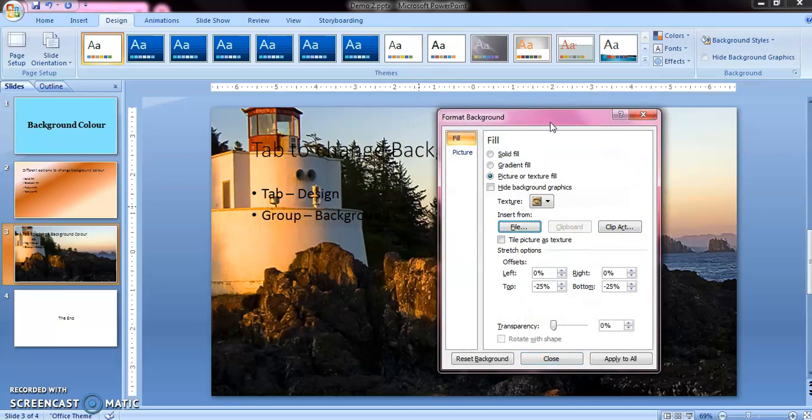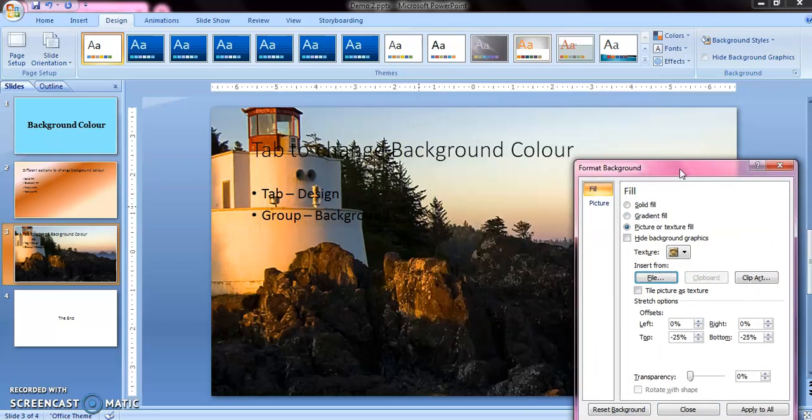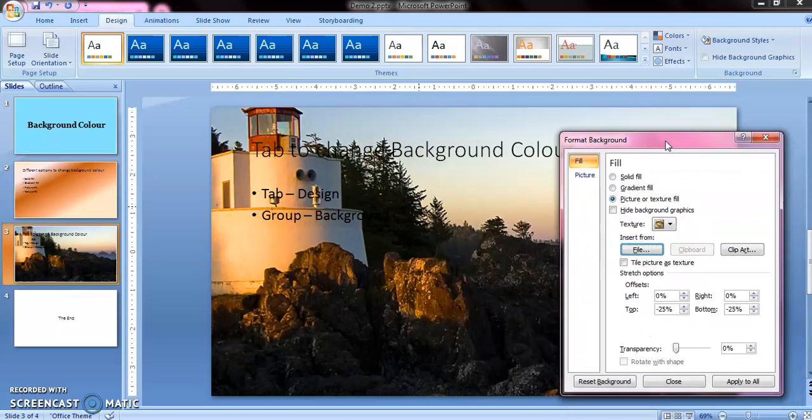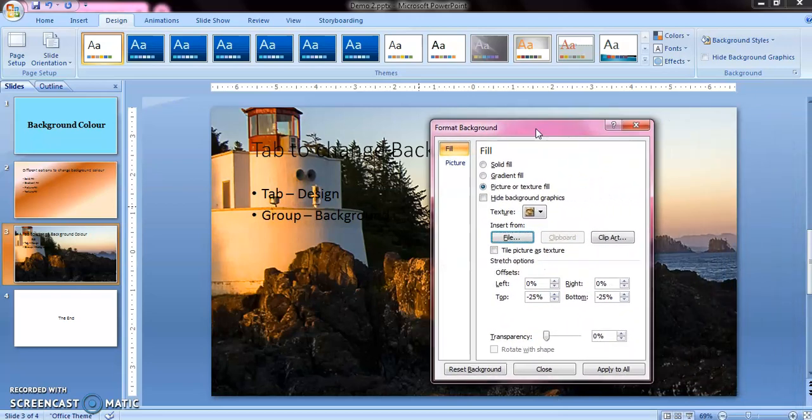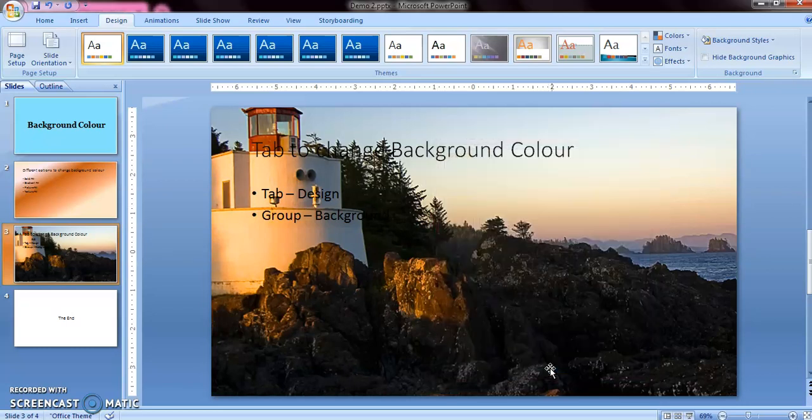As you can see, a picture is inserted in the background. It is a background, so you can't change the dimension of the picture. So right now I'm going to click on the close button. You can see you can't select it, you can't change the dimension, anything, because it appears as the background. Now you can see the content of the slide is now hidden by this background picture.